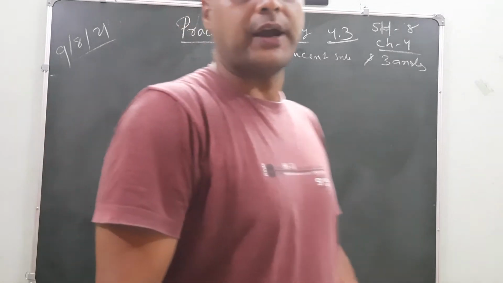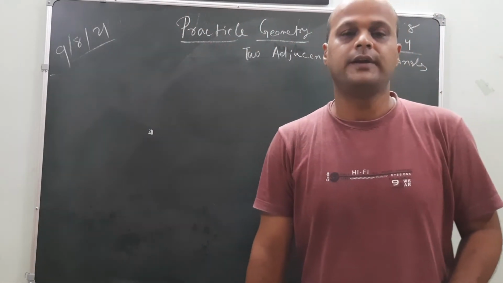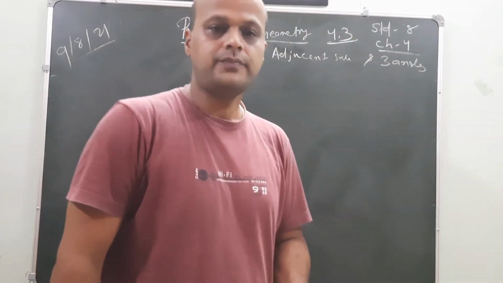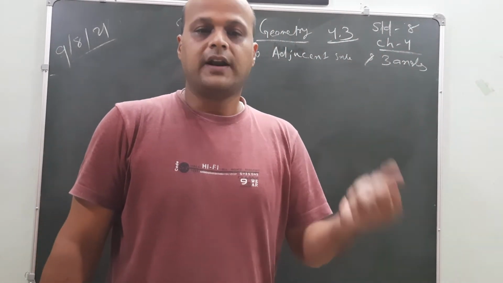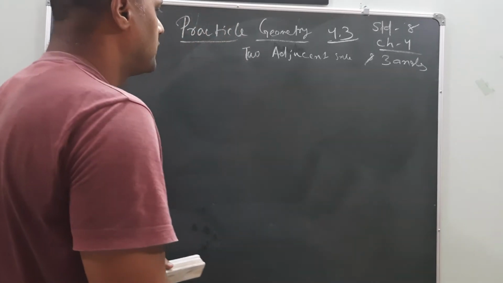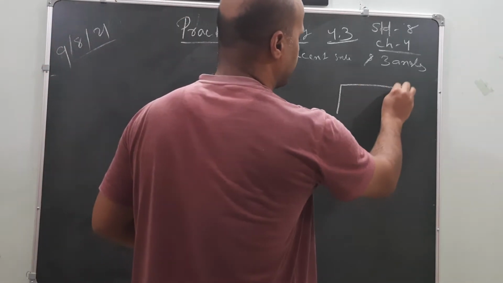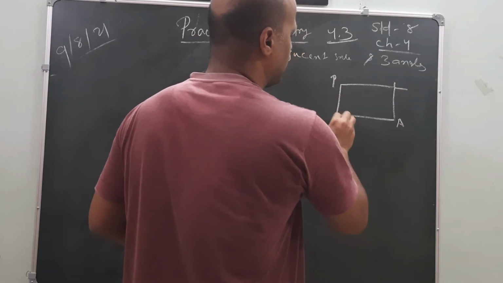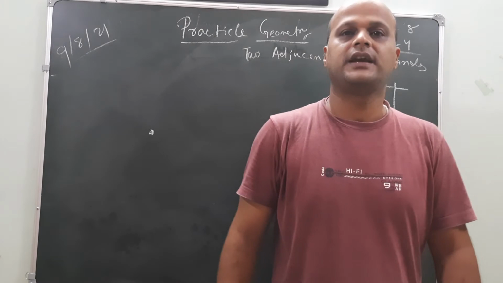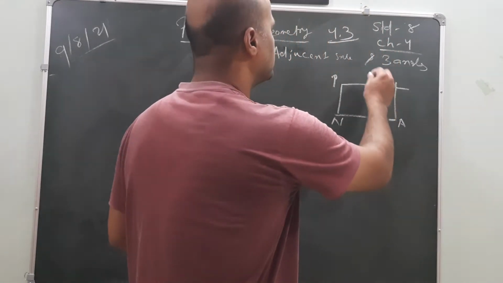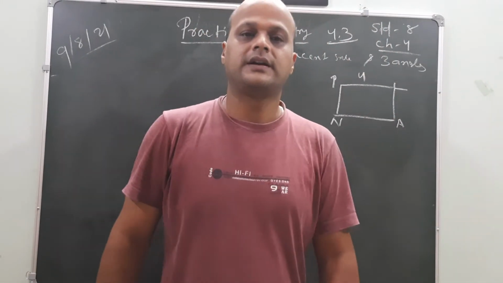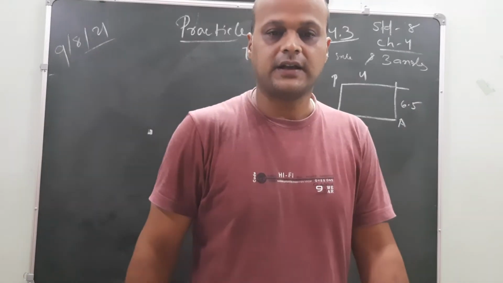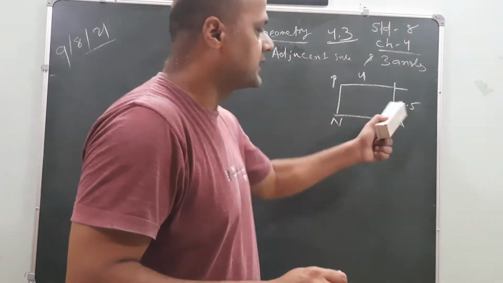Okay, now come to my dear friends. It's saying that if a quadrilateral, name it PLAN. And what are the diameters it is saying? It is saying that PL is 4 centimeter. Okay. Now it's saying that LA is 6.5 centimeter, and it is saying that two sides are given.